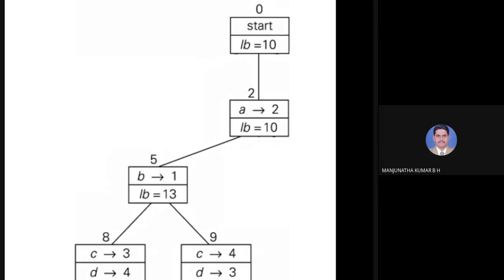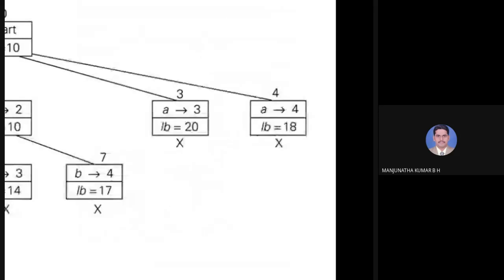Okay. In the last class, we discussed the assignment problem, and I showed the answer, how to solve that problem using the branch and bound technique. And we got a state space tree like this. This is the complete state space tree for the assignment problem. After solving the problem step by step, finally you write one complete state space tree which shows the solution to the given problem.